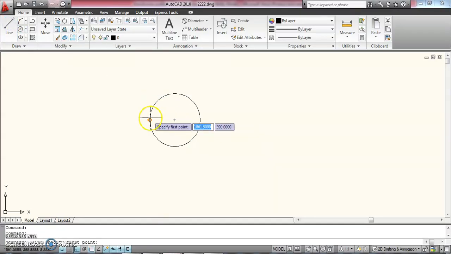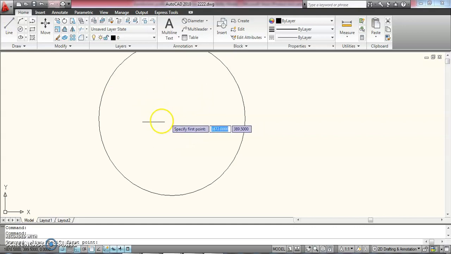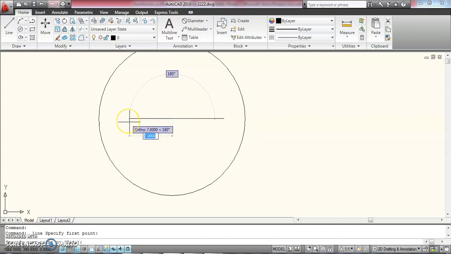So first what you have to do, as you know center point is there. From the center point, the cursor will take it on the circle and again come here. So 8.52, at this point I'll make 8.52. Enter. Okay, half. Same thing I'll draw here also, from this point 8.52 to this side 8.52.